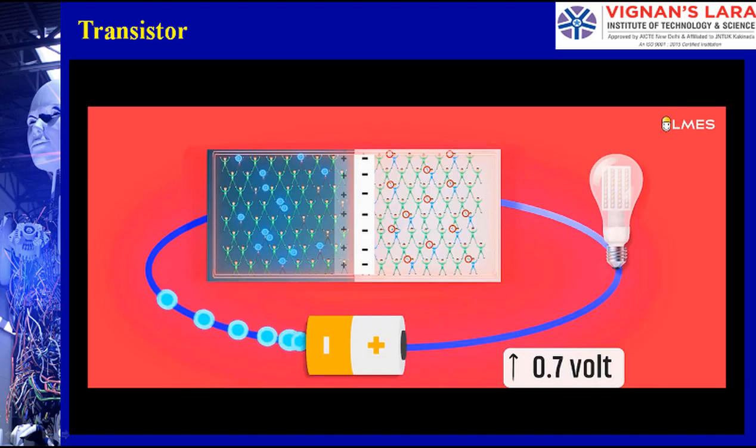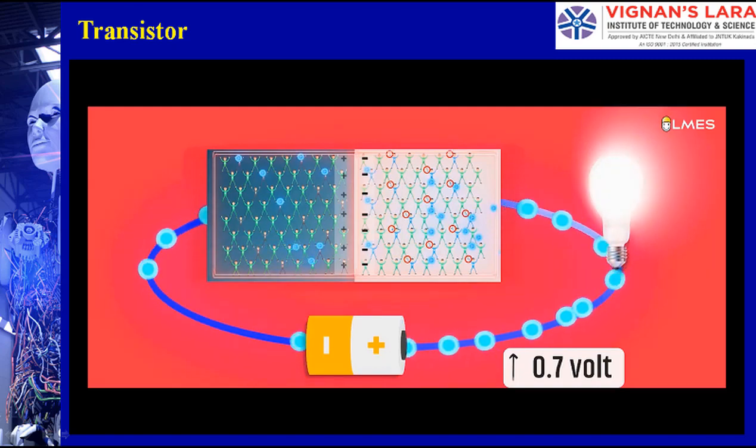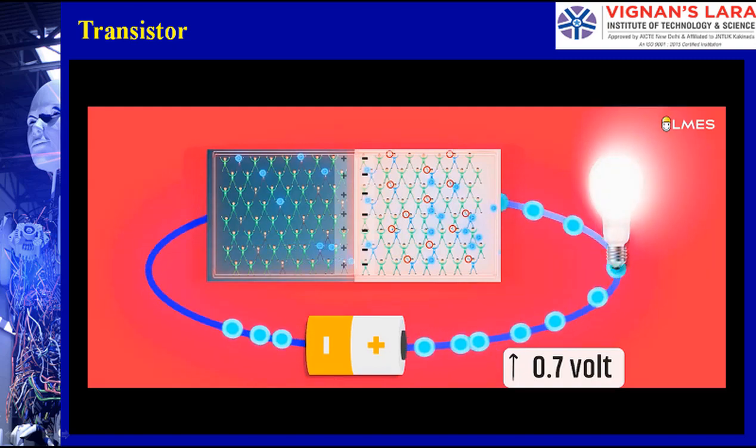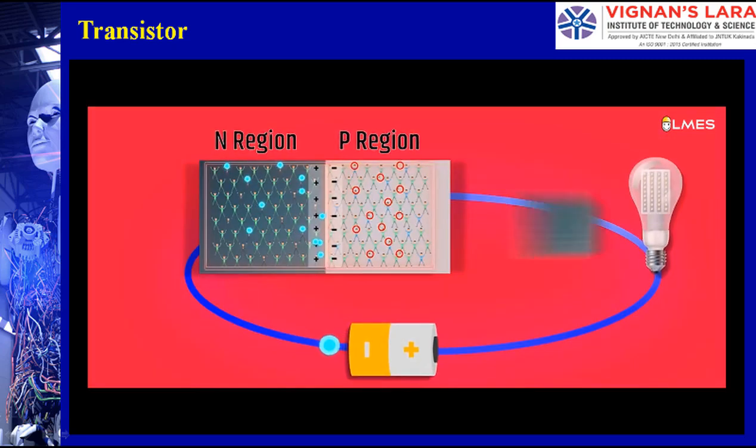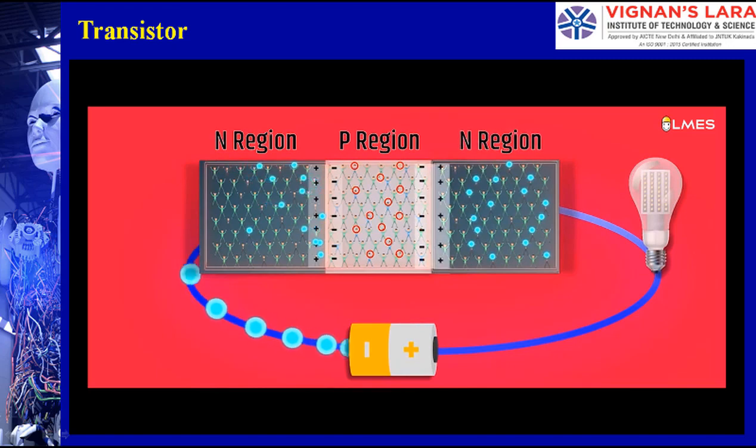To make the bulb turn on, we should send an electron flow greater than 0.7 volt. If we send that, the electron flow will break the breakover voltage and electron flow will happen. So the bulb will turn on. Here the PN circuit does not act as a switch. When we simply supply a voltage greater than 0.7 volt, it is activated. To make it a switch, we should add one more negative region, but then one more depletion region will also form. So again the electron flow will be stopped.